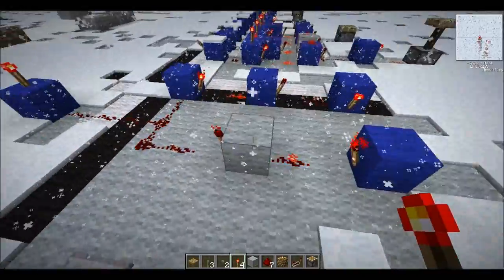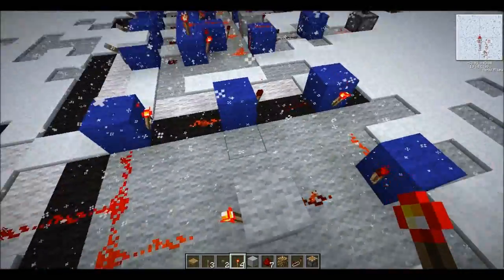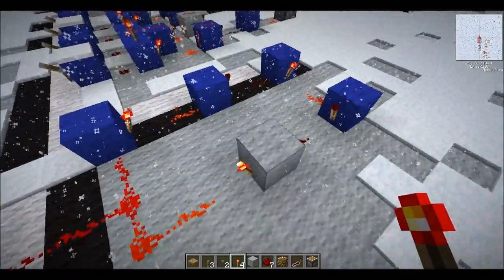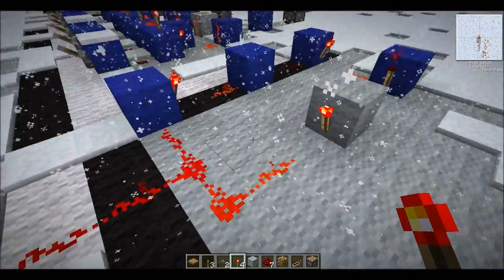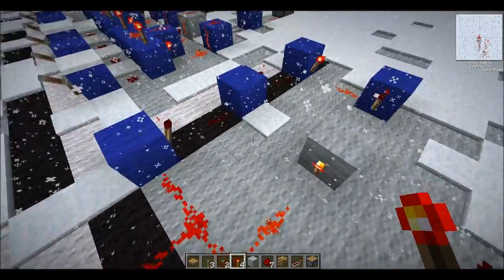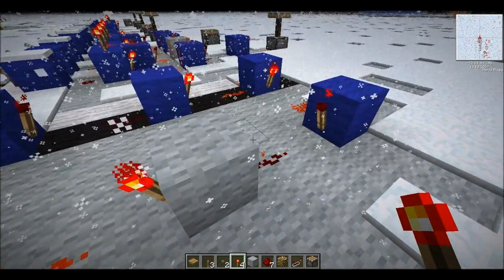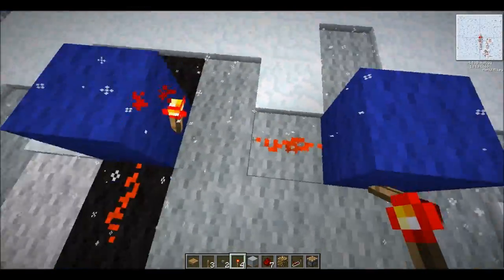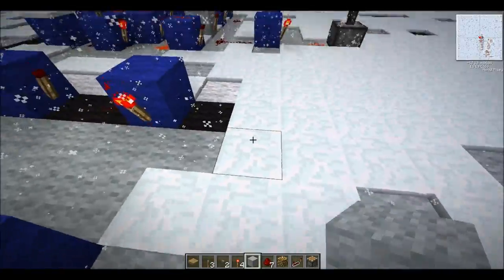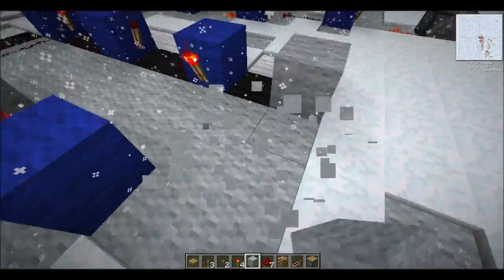The other problem with the traditional 5 clock is it only operates at one speed. I can't make this clock go any slower. Well, I can make the clock go slower. I can expand the clock. I can turn it into a 7 clock. 7 meaning that there are 7